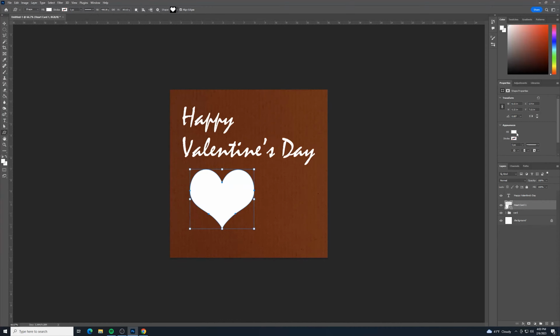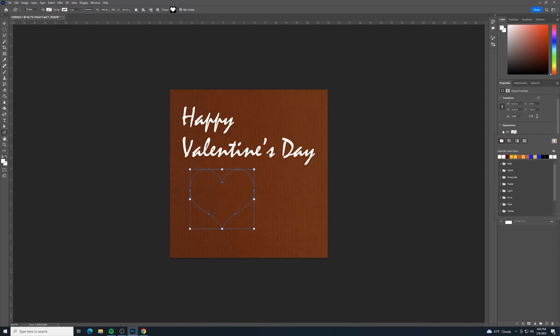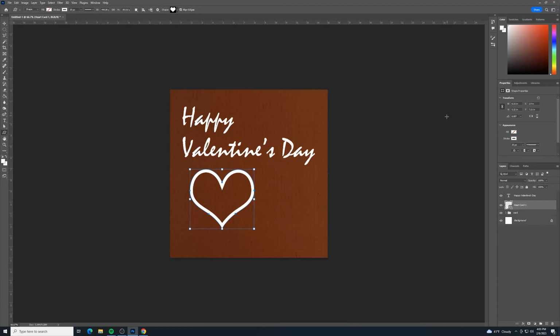And I do want to change the fill to be transparent, and I will change the stroke to be, again, the color doesn't really matter. I'm just going to choose white to have it show up a little bit better. And for the width of the stroke, let's try 20 pixels. That's not too bad. Maybe 18 would look a little bit better. I kind of want it to be about the same width here as the letters above, just to make it look a little better. And there is my